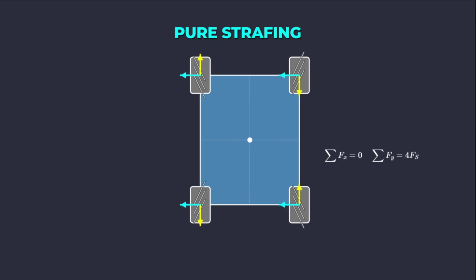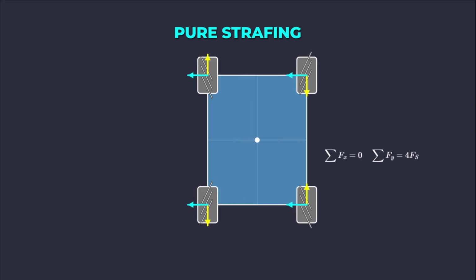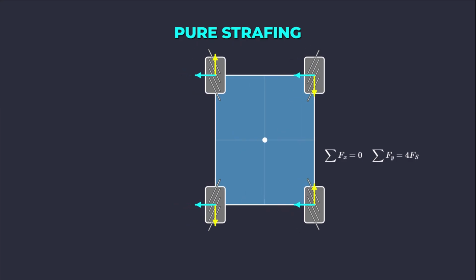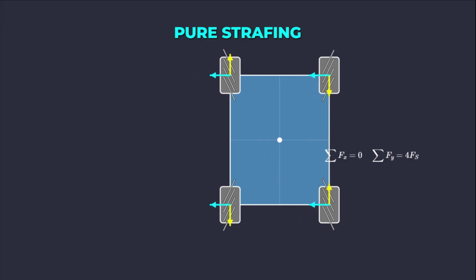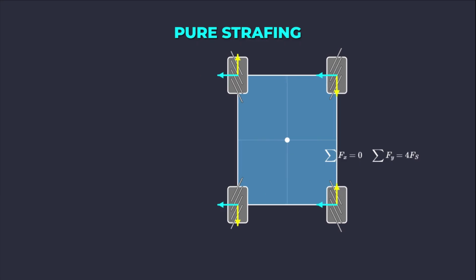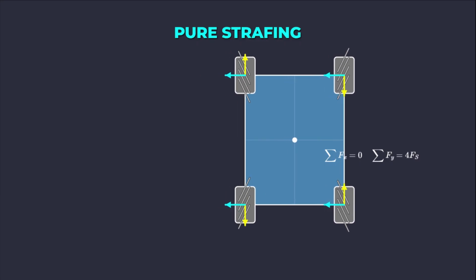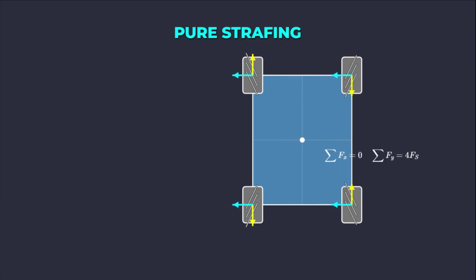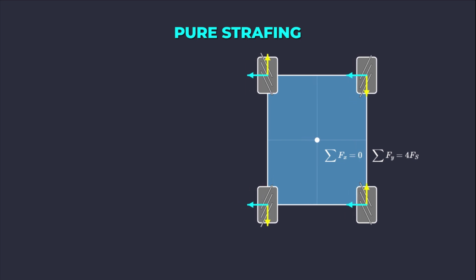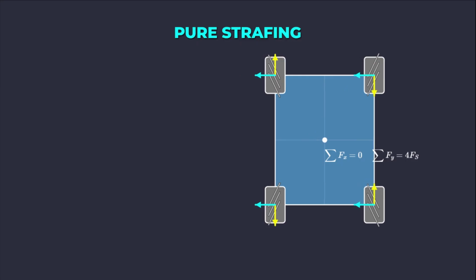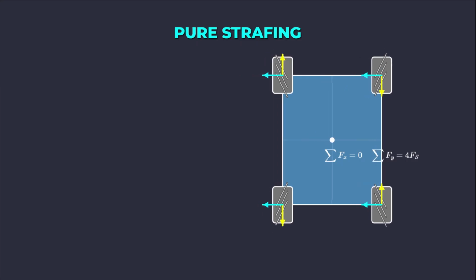In this configuration, the axial force components, Fx, cancel out completely. Crucially, the sideways force components, Fy, now all point in the same direction and sum constructively. The resulting chassis velocity Vy is r times omega. This is the defining kinematic mode of the Mecanum system, utilizing the 45-degree roller angle to convert rotational input into